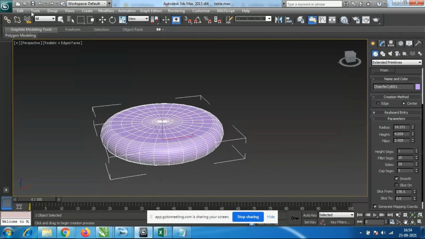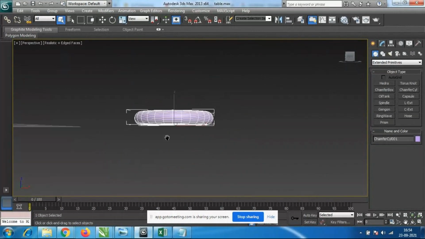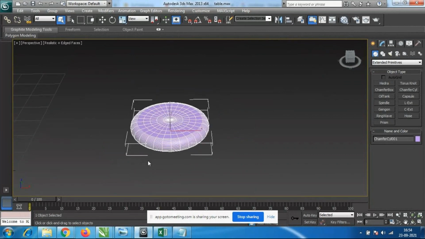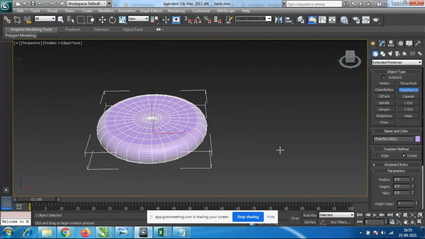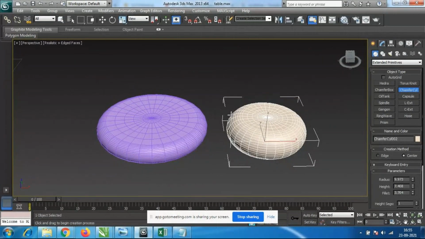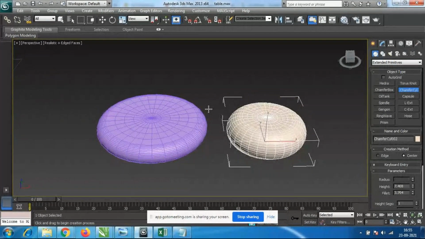We don't have any other options. We have to use this only for any table or chair; we have to use this kind of circular thing. At that time we have to use this one. See, you will get a smooth shape like this using this fillet option.